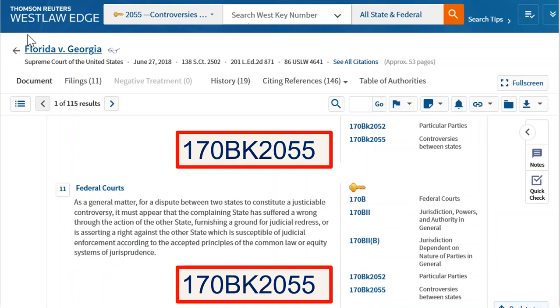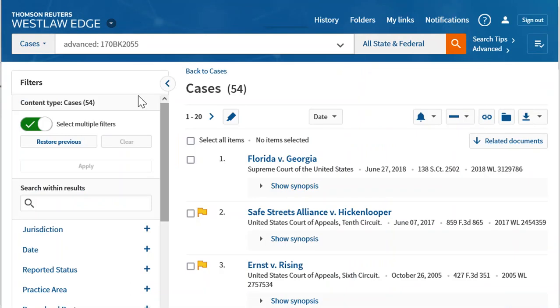Use the numerical form of the topic and key number. In this case, 170B is the numerical value of the topic federal courts. The letter K stands for key number, and then 2055 is the number for a specific point of law in that topic. The advanced case search for 170BK2055 retrieves all 54 cases that include one or more of the 115 headnotes classified under this topic and key